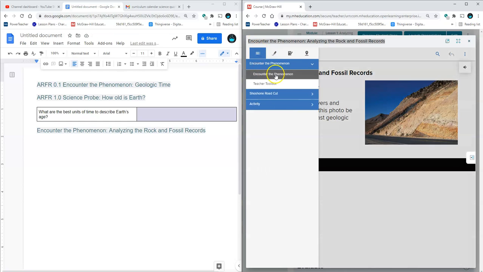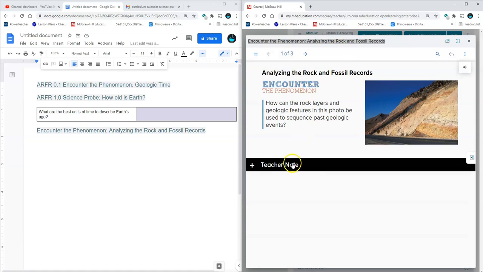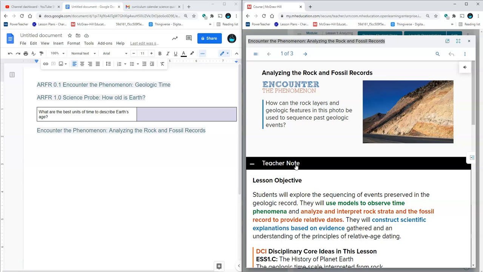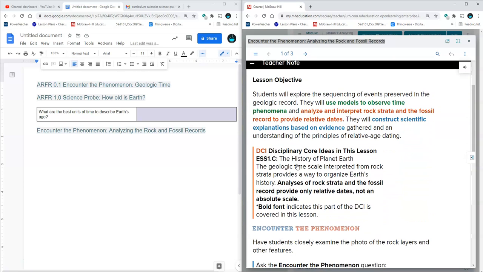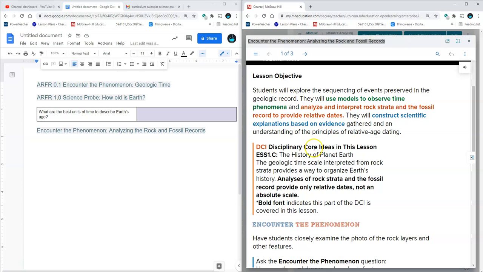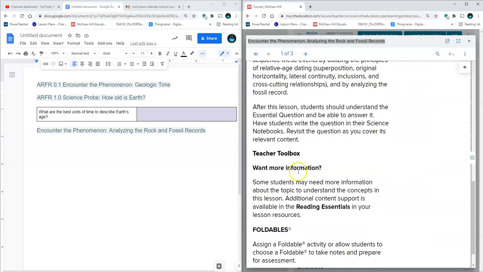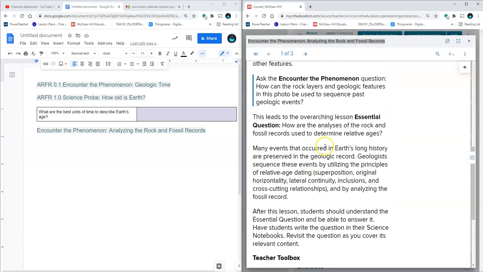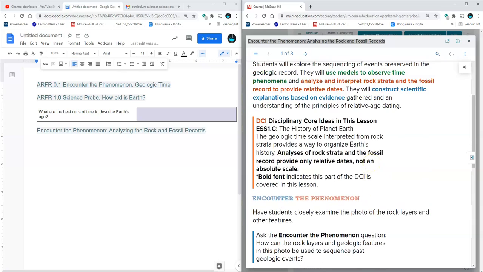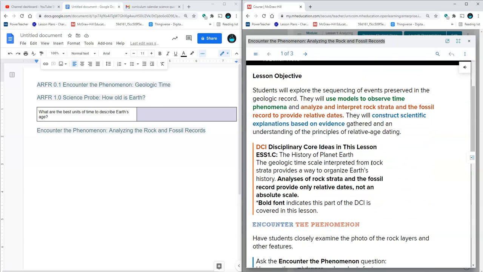There's also a little window here that'll help you navigate. I never use it, but it's there. If you ever need to write up things about the lesson as far as the standards or any hints as far as teaching, it's all in there. I mean, I've taught geology for so many years, and so